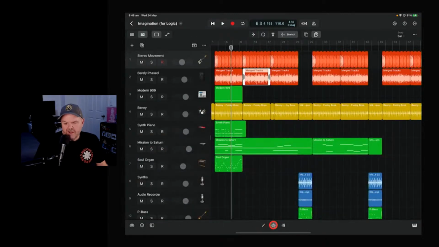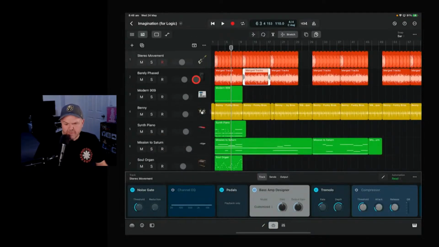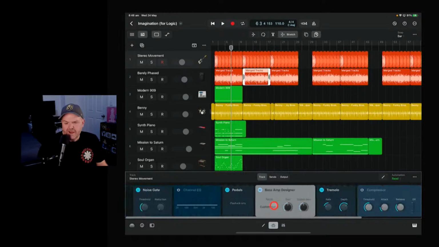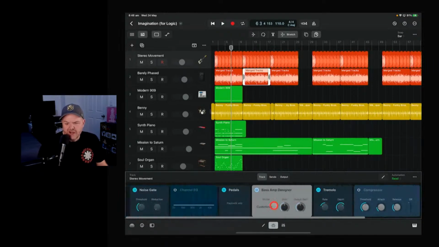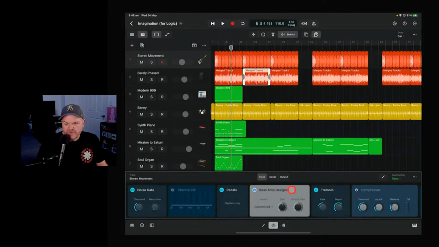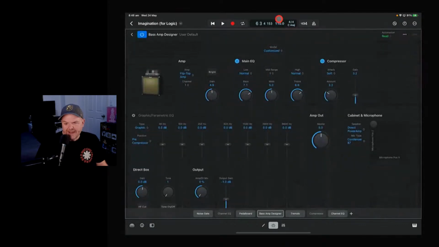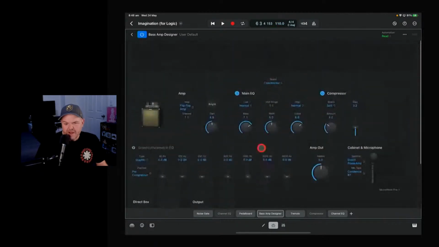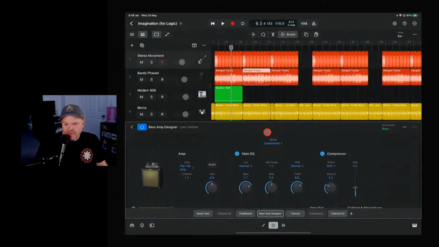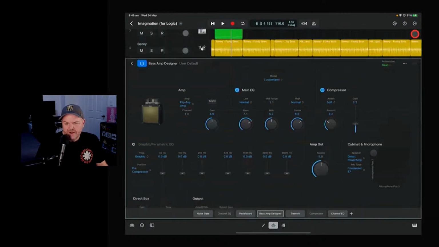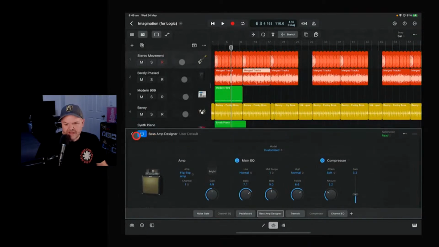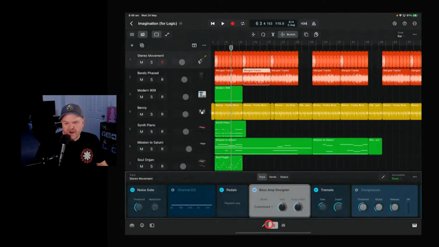Turn off editors and go to plugins. Plugins are designed really well, in my humble opinion, because you've got your plugin tiles, very similar to GarageBand Mac or Logic Mac. You've got your plugin tiles here where you can make small changes to things. You can come in here and adjust the different things, or you can double tap on them and it's going to open up your full control. And you can resize things to your heart's content here. You can resize things all the way up so that you've got a nice big view of everything you're doing, or just tap over here on the right and that's going to full screen it, tap again, and it's going to bring it down. That makes things really easy and efficient when you're starting to adjust your plugins.